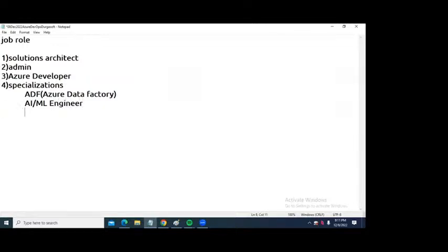And IoT. Nowadays Internet of Things is popular, right? So, IoT engineer. These are the specializations. Our focus is on the first two roles.